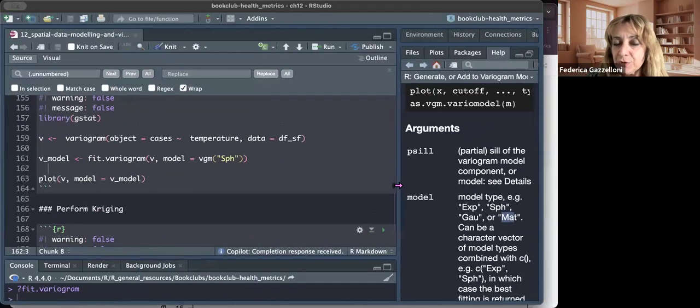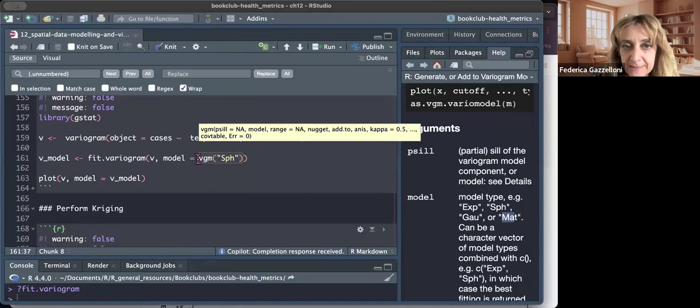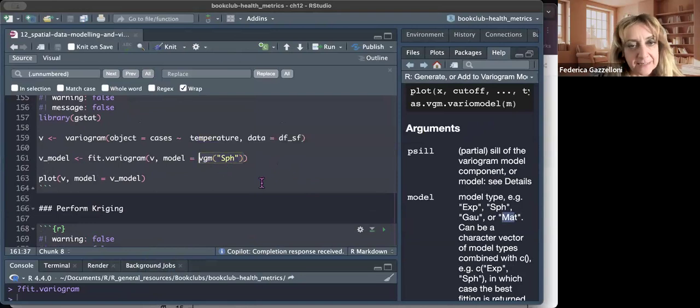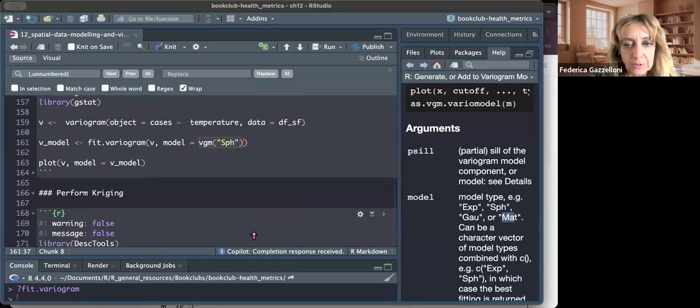And I have also built a function that allows you to select the best one, but it is still in development. It works, but sometimes it doesn't do exactly what I expect. So it is still in the development version of the package, and in the book I haven't used it,